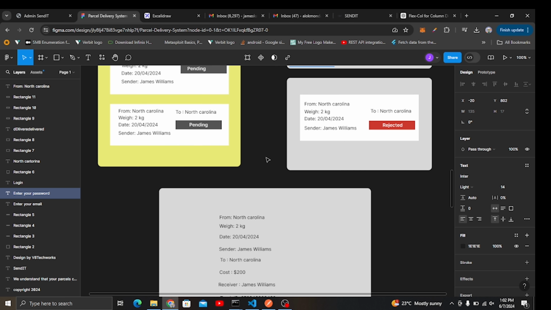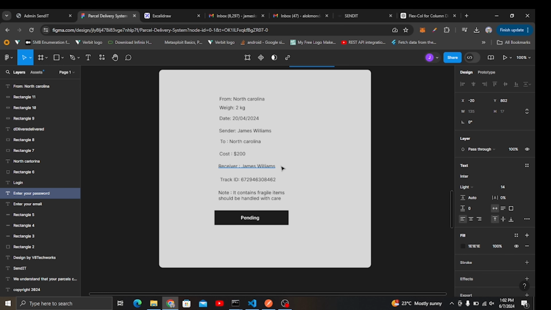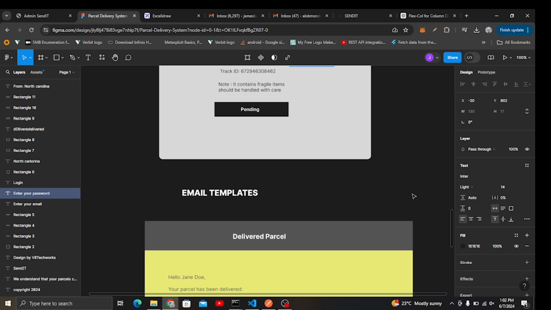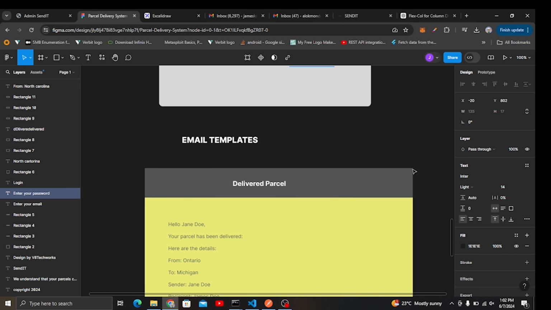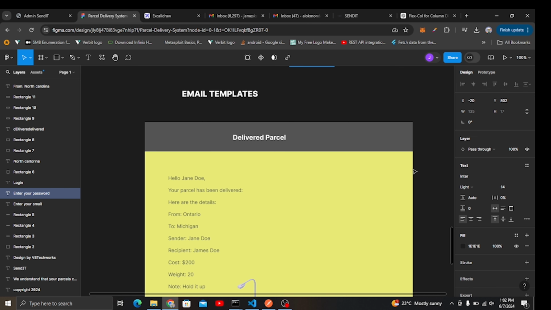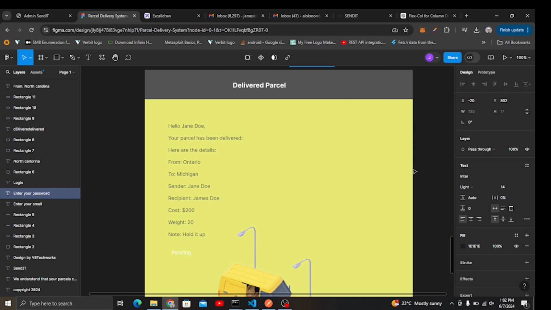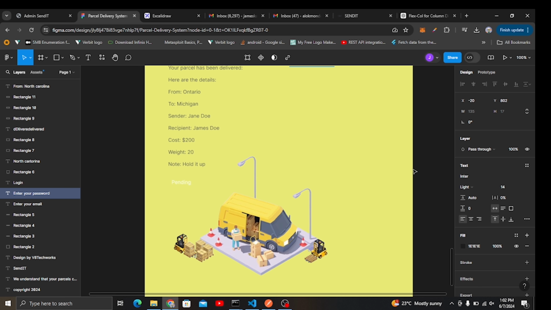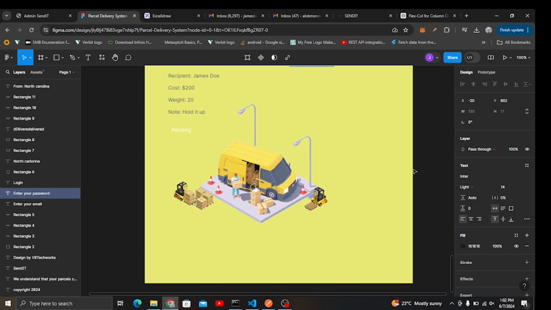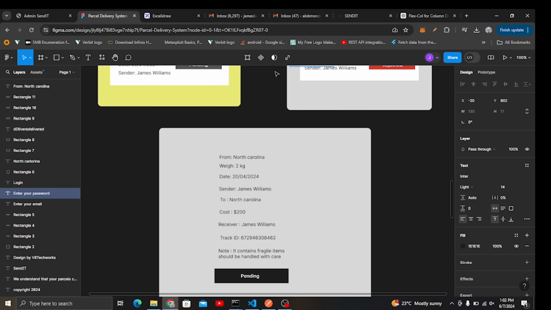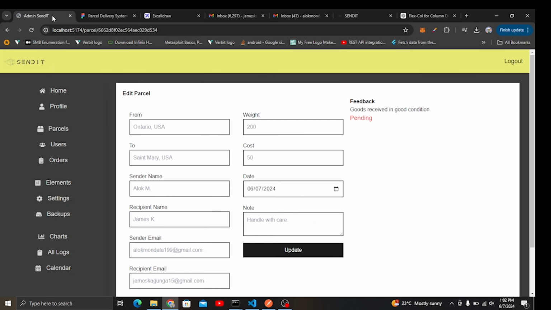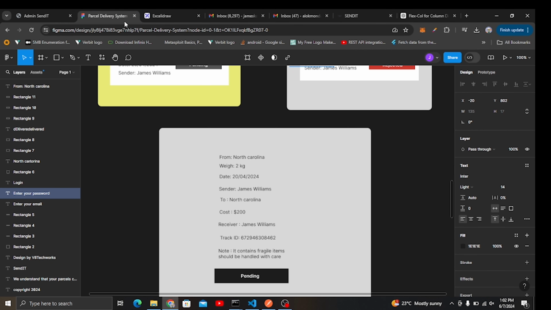And also we have this detail page. And if you scroll down here, you can even see the email templates here. So you have email templates created, and I'm going to show you how to do that also. So the other thing is, let's go to the diagrams that show how